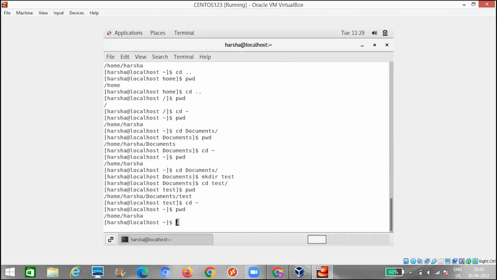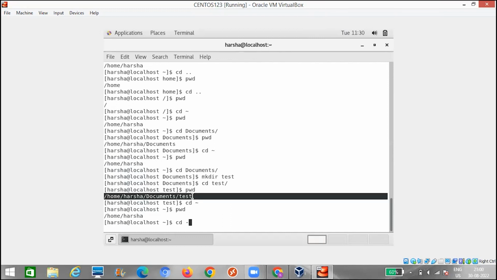And the next command which we need to understand is cd space hyphen. Most of you have heard about swap in your TV remotes. If you want to swap across two TV channels, you will be using that swap button in your remote. Similarly in cd also, if you want to swap across two folders, like initially you are in the folder path home, Harsha, documents, test, and then you move to home, Harsha.